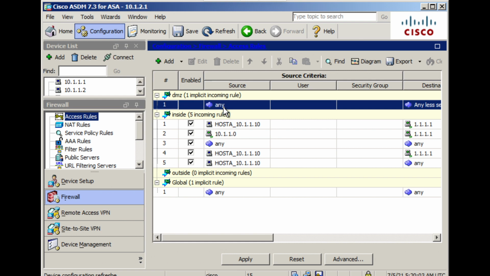Now there is a question. What is that? We started creating the rules on the DMZ interface and no traffic is matching, and we don't have an explicit rule to deny the traffic. Because of that, the traffic is going to be denied. Am I right? That's the understanding as of today.